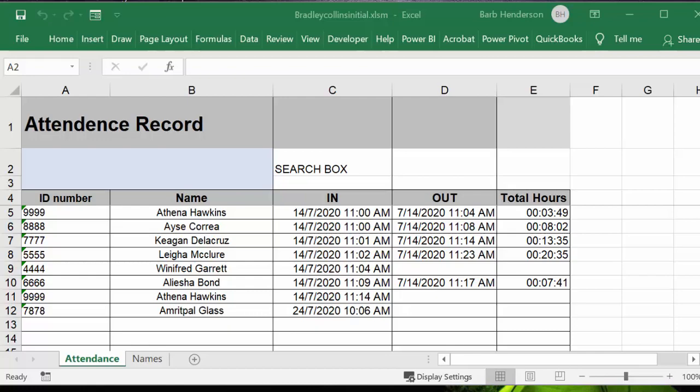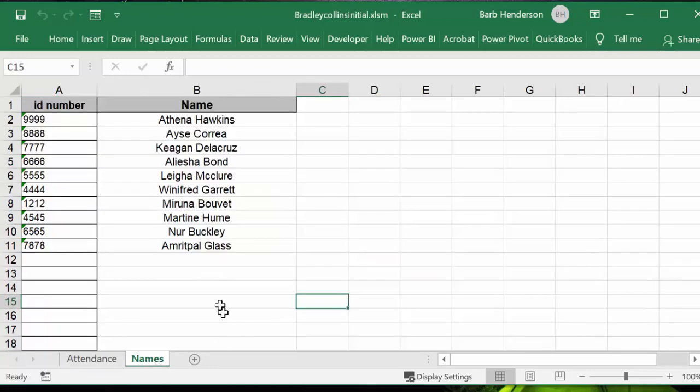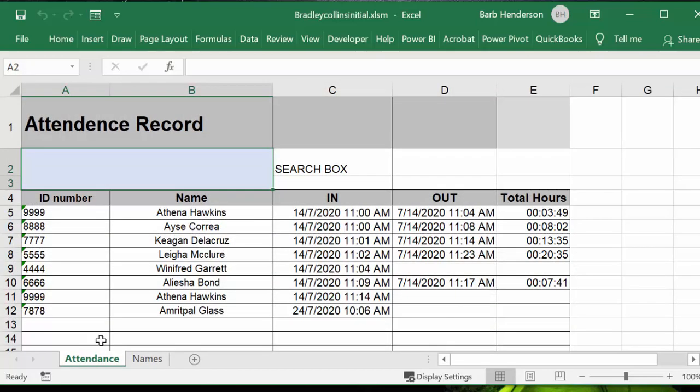I'm going to show you how to calculate the time difference between barcode scans. In this example, we had someone who is looking to find the amount of time people spent in the facility. Now, they can come many times, but they want to know exactly how long they were in the facility. On the second sheet, I have the list of people that have access to this facility. And then on the first sheet,